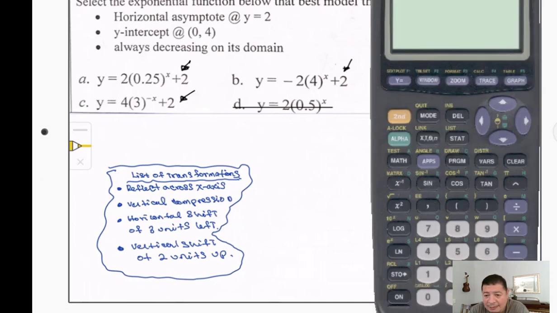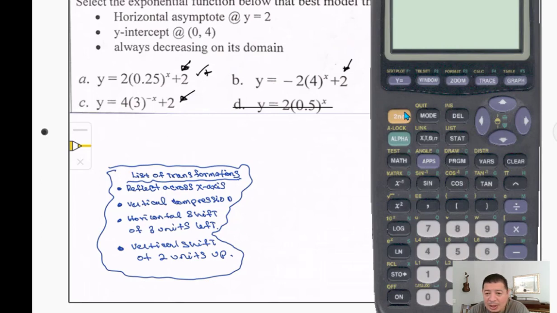You're just going to have to input the expression 2, and then we're going to have 0.25, close parentheses, and it's going to be to the power of 0. And then we're going to be adding 2. And there you have it. So we know that this one's also good. Okay, we know that it could be A. But then again, it could also be,